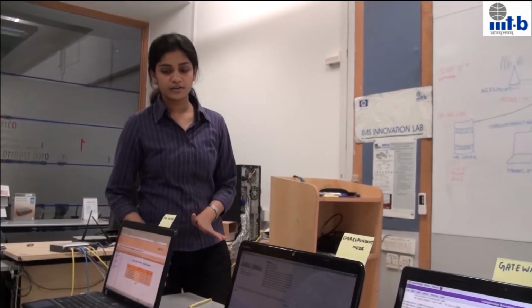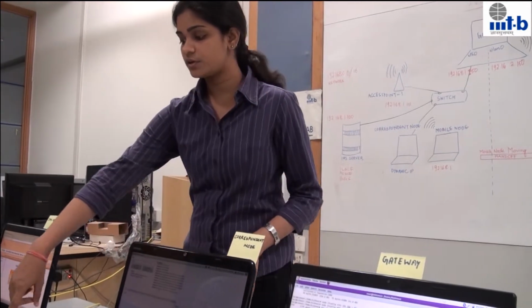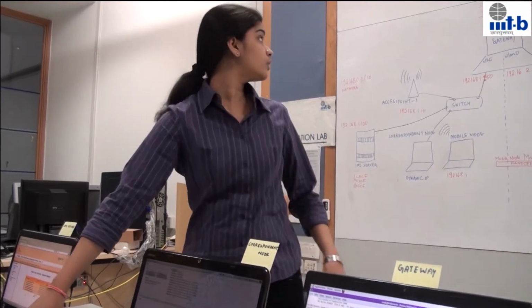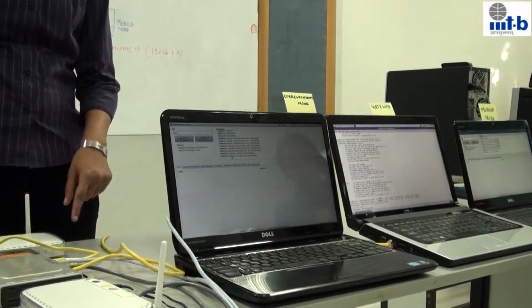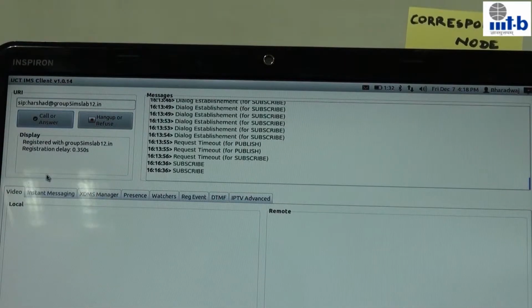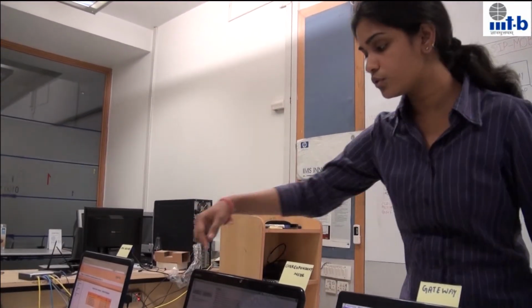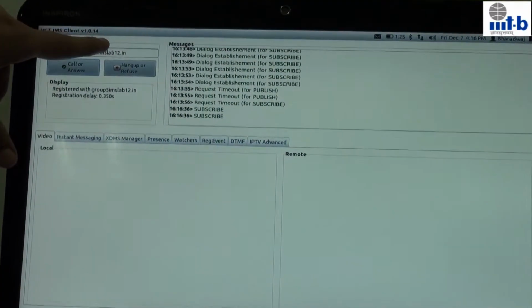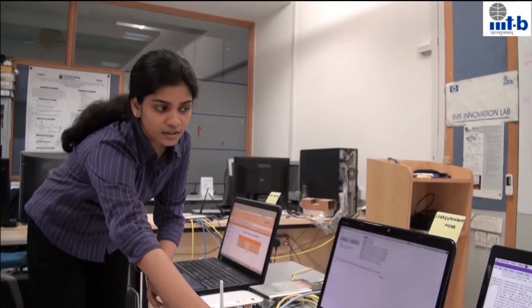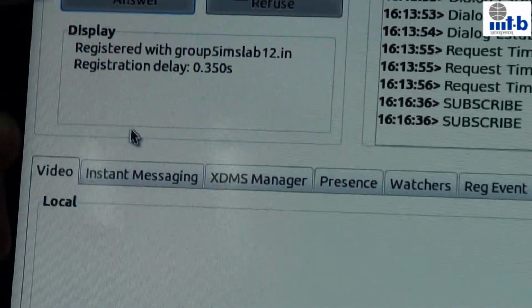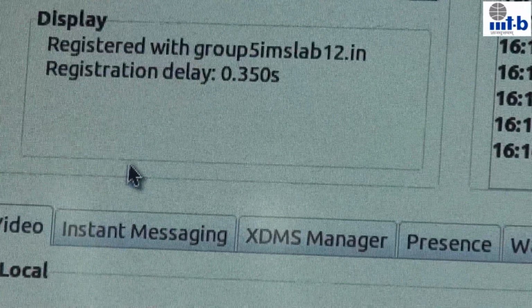Now let's move on to our access points. This is one of the access points, a home network's access point, which is the 192.168.1 network, and this is the 16 network. So these are our two access points. This is our correspondent node. The correspondent node's name is Padmaraj. The software used here is the UCT IMS client, and these are the conversations that happen when we do the registration. Padmaraj has been registered with the IMS server.